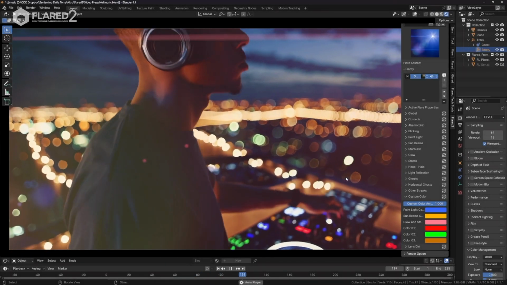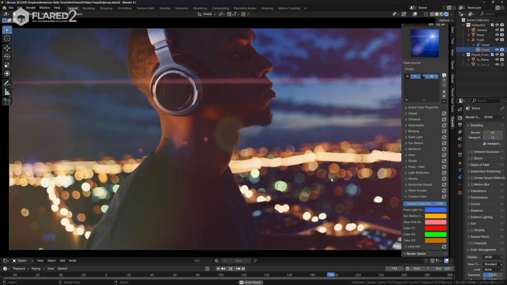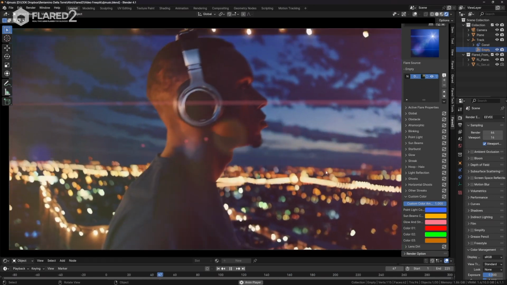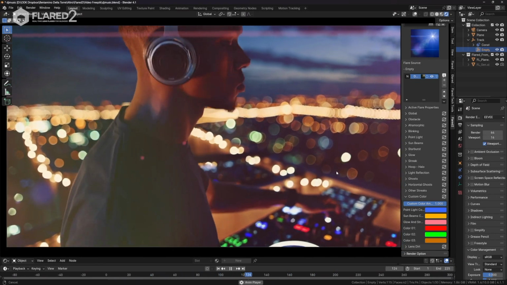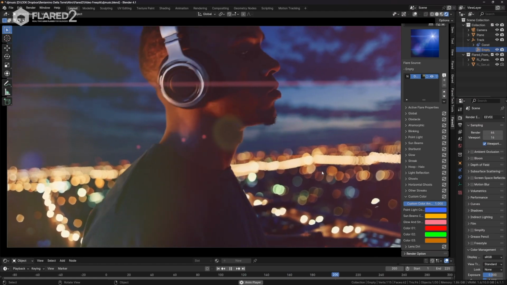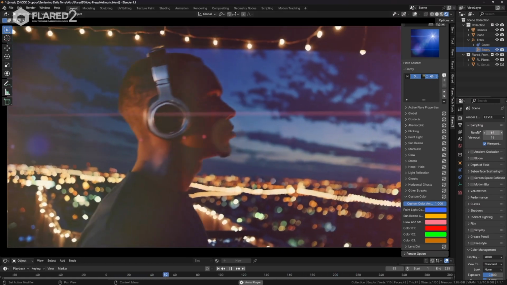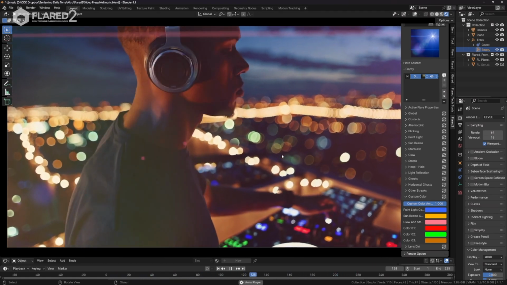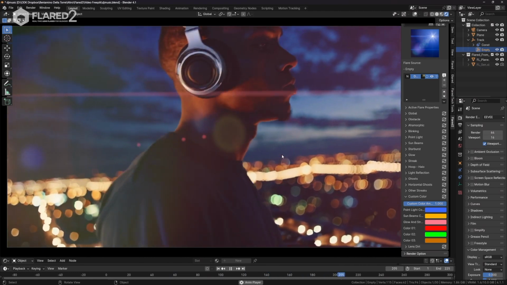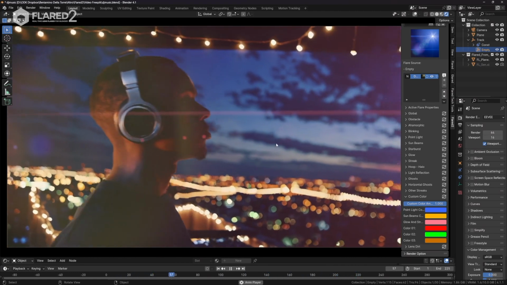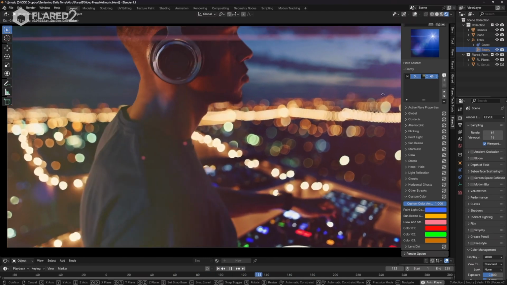Hi, while I was working on creating videos for YouTube, I realized something. Flared2 isn't just a useful tool for creating procedural lens flares, it's also a tool that can give your videos a fantastic film look. Of course, its ability to create light sources where they exist and even where they don't,